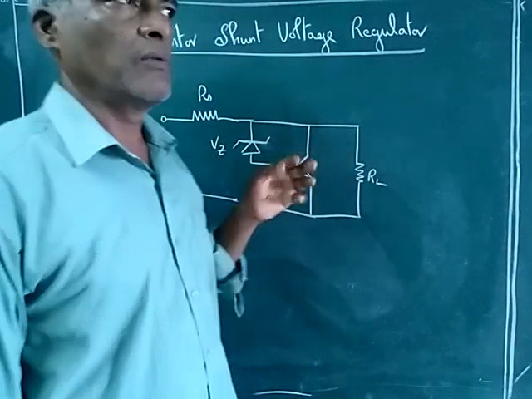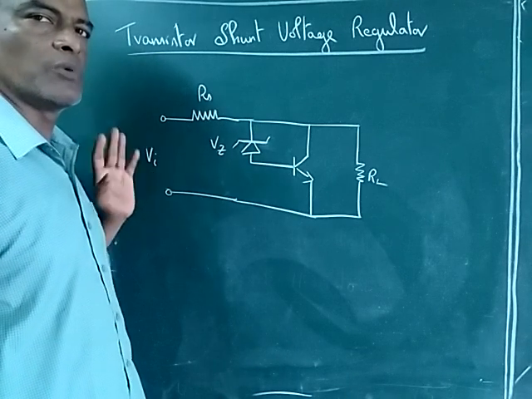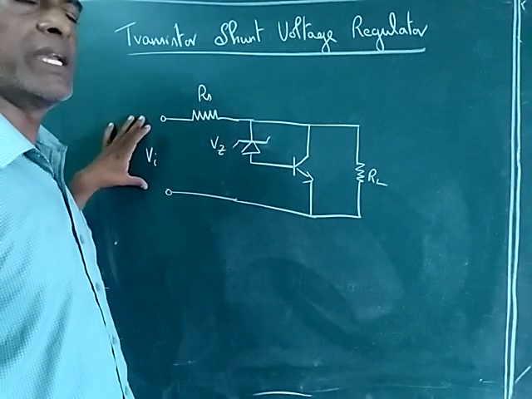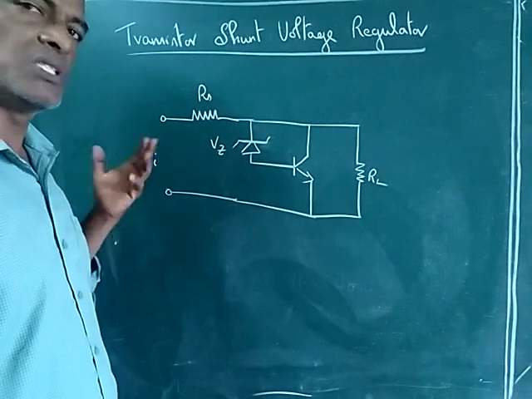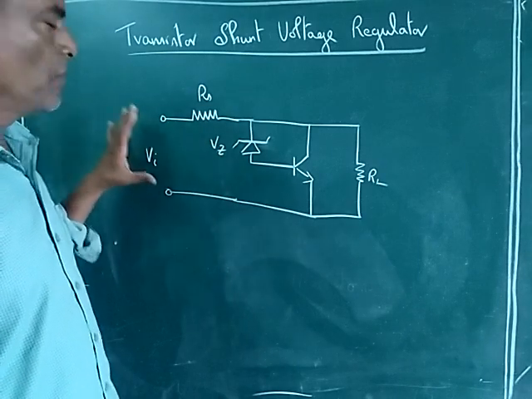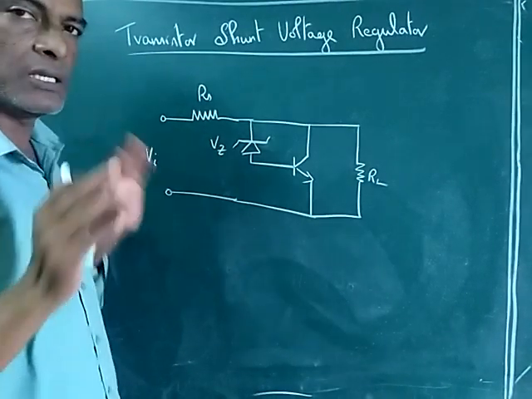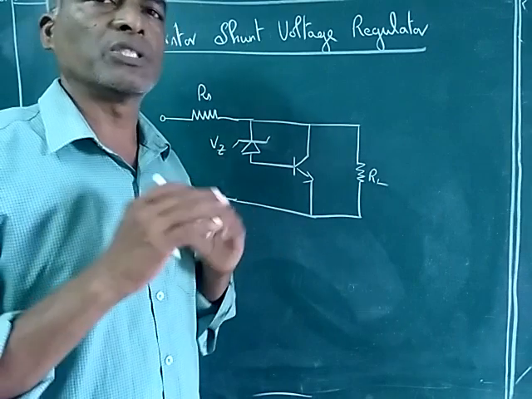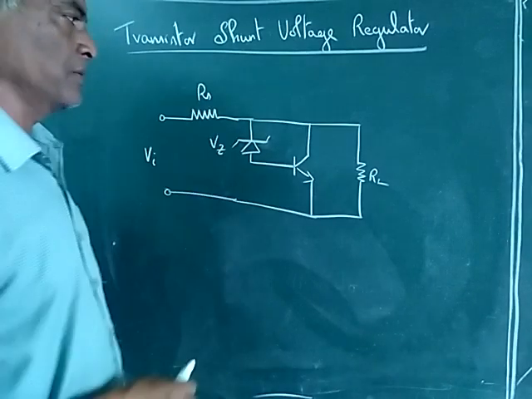In the second case, we must know what is the minimum voltage we will be having at the input and what is the maximum voltage we will be having at the input. Say suppose the input voltage ranges from 12 to 18. We need not consider 12 volts. We should always take the worst case, which is 18 volts, and then start designing. So for this circuit, Vin is the maximum voltage we can expect at this input. But as far as the load voltage is concerned, we should design for the short circuit and the open circuit. So let us see how to design the circuit.